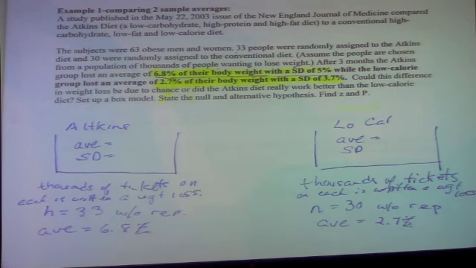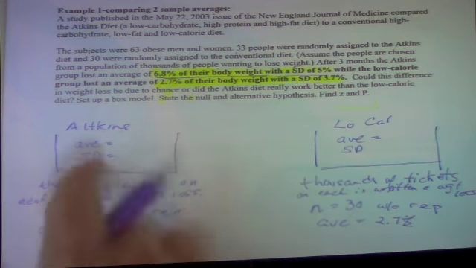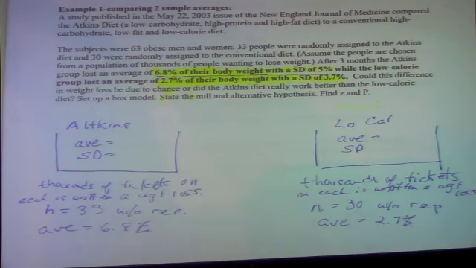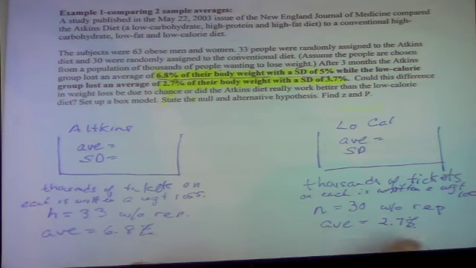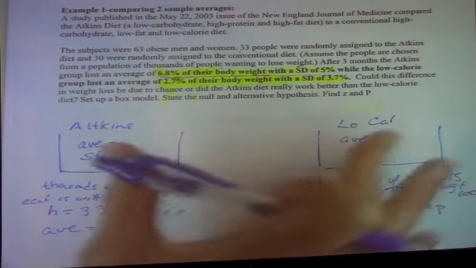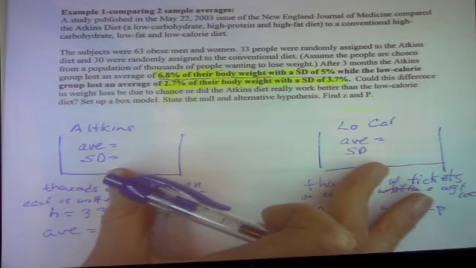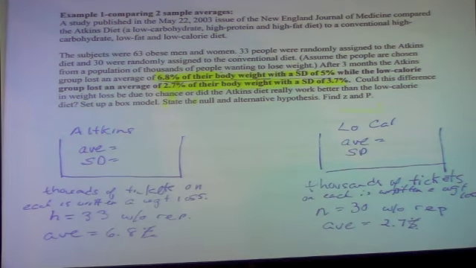It doesn't mean that 6.8% of the people lost weight, ones and zeros. No, it's just a percent of their former weight. So you can just think of it as a number, 6.8. And we want the average of all. Some people lost 0%. Some people lost 20%, and they averaged them all and got 6.8%. So don't get confused by it being a percent, right? We have an average problem here. Do you understand? Do you get it?